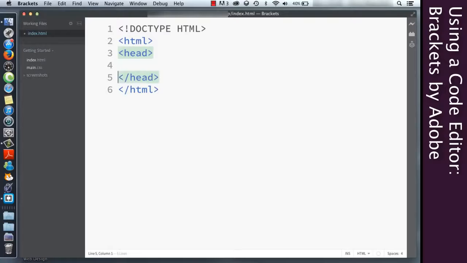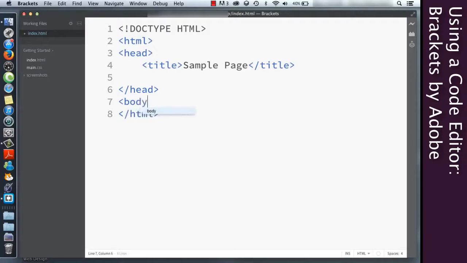Now notice it automatically wants to do indentions for me, which is actually a pretty cool feature when you want it to. So I'm going to add the title now, and I'm going to keep that indentation because it starts to format the HTML file for me in a way that's very legible. I could add a bunch of meta tags, but I'm not going to right now, just to keep this short and brief. Go ahead and add my body tag in.